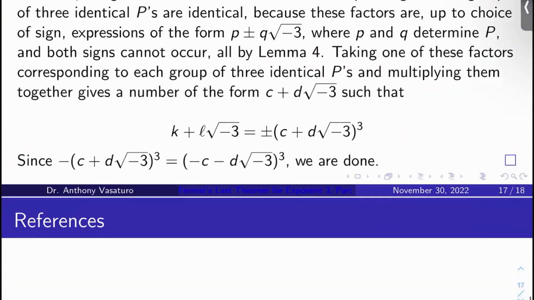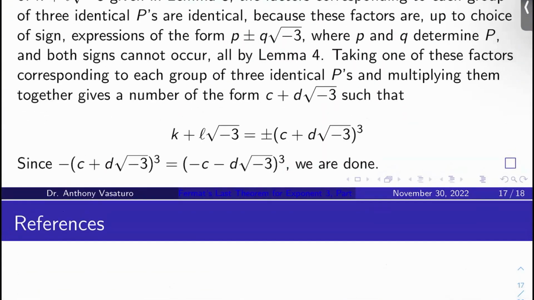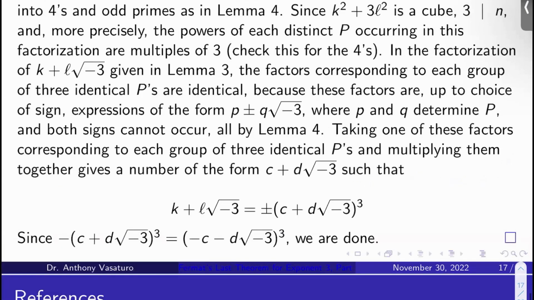Perfect. Well, we're just done now, right? Because I'm trying to write K plus L root negative 3 as alpha plus beta root negative 3 cubed. But the point is, if this is a minus sign out front here, you can just move it inside the cube, right? If it's a plus, you're just done. If it's a minus, just move it inside the cube. Negative quantity C plus D root negative 3 cubed is negative C minus D root negative 3 cubed, and you're done. Okay, so Euler's gap has been filled in, modulo about half a dozen exercises for you,